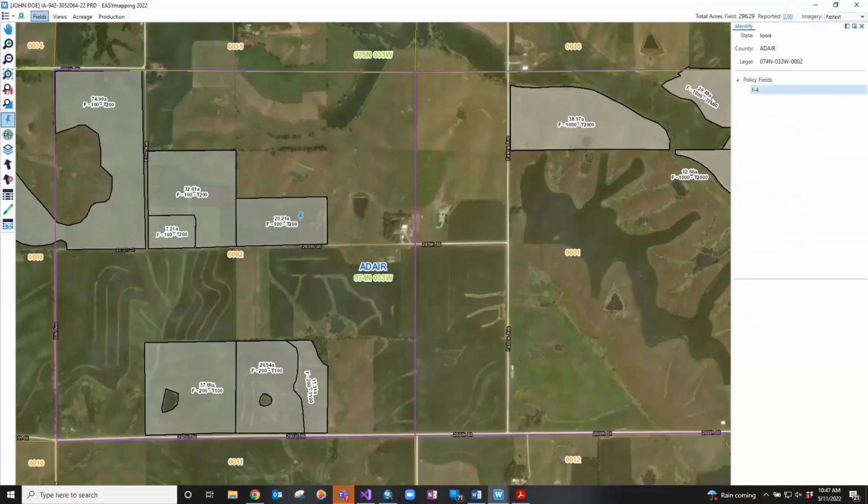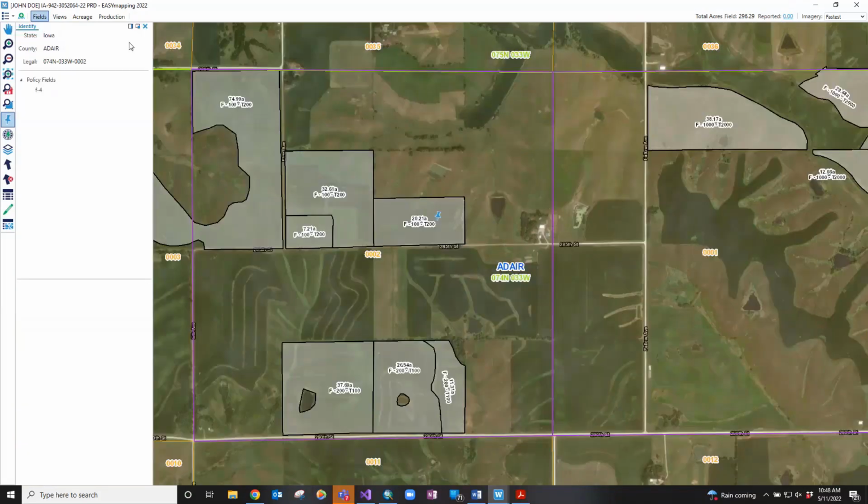And any of these pop-up windows on the left or right, by default, they're going to open up on the right. If you don't mind it there, you can leave it there. Otherwise, we do have the options up here to dock left. So it'll just move it over to the left. And if I were to get out right now, commit the policy, the system will remember that I want this pin or identify tool docked to the left. So next time I open it, it'll be docked over here. You don't have to worry about it